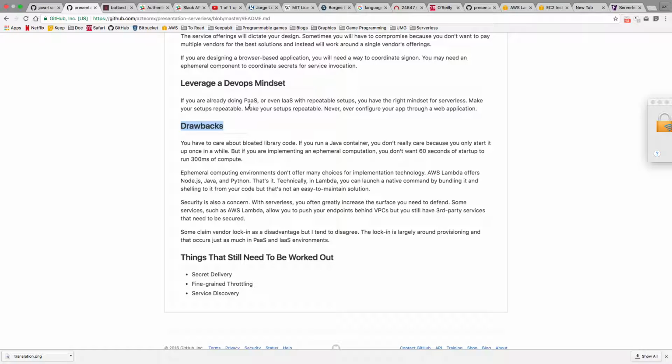Mm-hmm. Absolutely. Another concern, another drawback with these serverless architectures: you are increasing the surface you have to defend from a security standpoint. If you are coordinating a whole bunch of other people's services, or you're running a bunch of individual Lambda functions, each of those has to be secured. In Lambda, there is the option to put your endpoints behind VPCs, but that doesn't solve the third-party operations. Just note that security is a different concern in this kind of architecture than it is when you're running all your servers in a virtual network, with you controlling all the entry points.